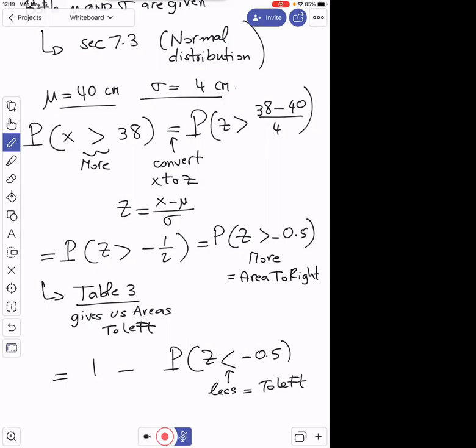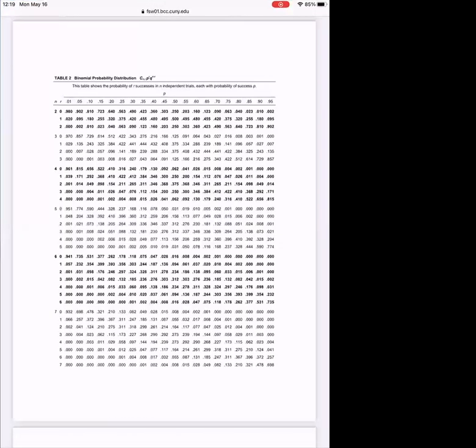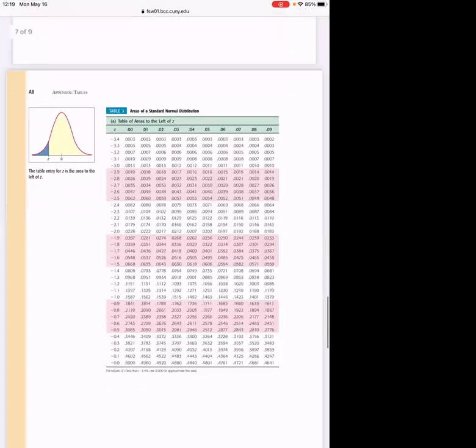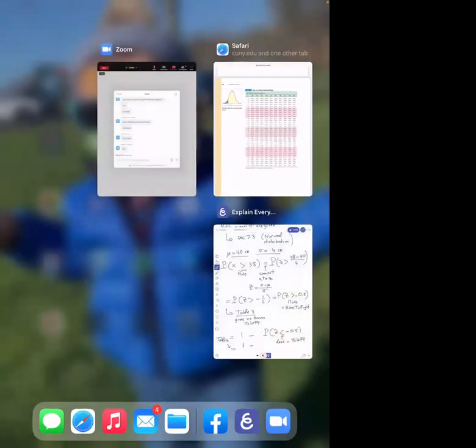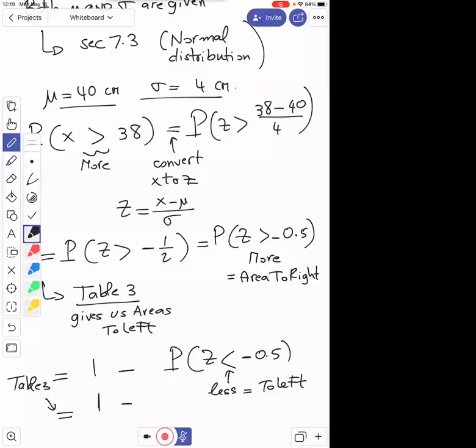All right. And then use your table 3, right? So you still have this 1 minus, don't forget it's 1 minus, and whatever number you get from the chart. All right, so it's z less than -0.5. So you need to go to this chart, table 3, where z is negative 0.5, so we need to go all the way down to -0.5. Nearest hundredth is just 0, so the answer is .3085. So it's 0.3085,